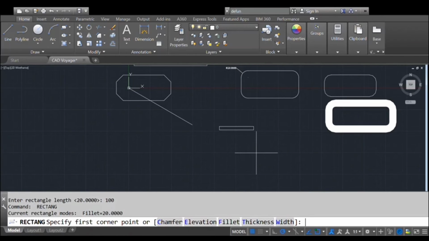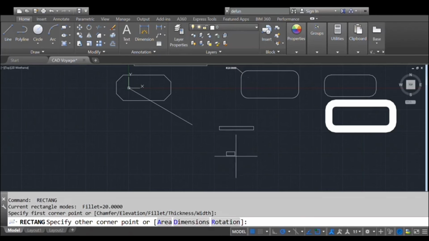Again we are going to draw a rectangle by specifying area and width. For that, first type REC and enter. Then it asks to specify the first corner point. After selecting the first corner point, it asks to select the second corner point or area, dimension, rotation. Now I am going with area. Here, the previously used area will be loaded automatically.